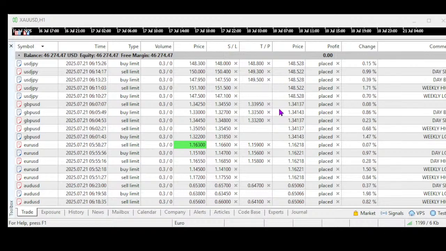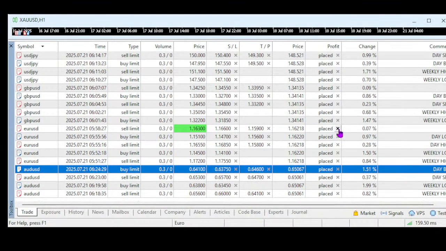So 64.10 buying, 63.75 stop, and 64.60 as a TP, and expiry is day, so this is a day buy. Okay, sometimes we can put day buy or cautious buy or cautious sell when we do a counter trend, so that would be the thing. So maybe we will try to confirm with the words, so at least it's easier for you.